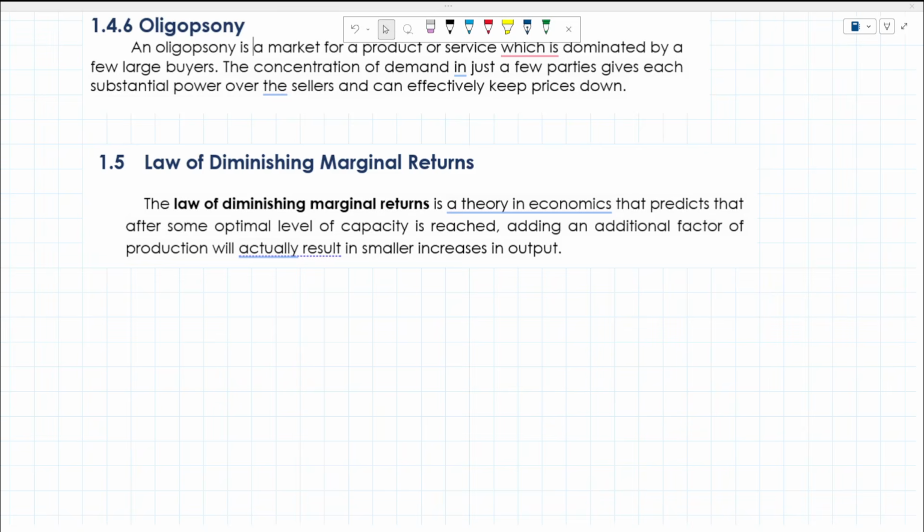Merong perfect na point, no, yung pinaka-maximum, na yun yung point na kumbaga sulit na sulit yung lahat ng input mo. Kasi yung output niya, na-utilize ng fully itong mga in-input mo. Pero beyond that, kahit mag-input ka pa, yung resulting output is smaller when compared doon sa bago mo na-reach yung optimal. Okay? So, yun ang what we mean by law of diminishing marginal returns.